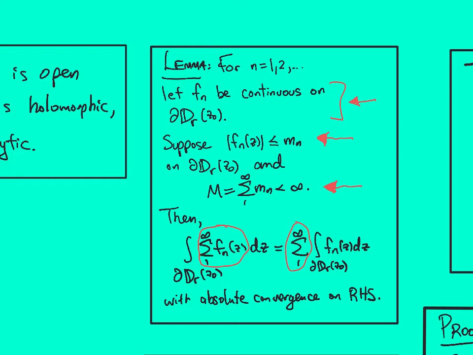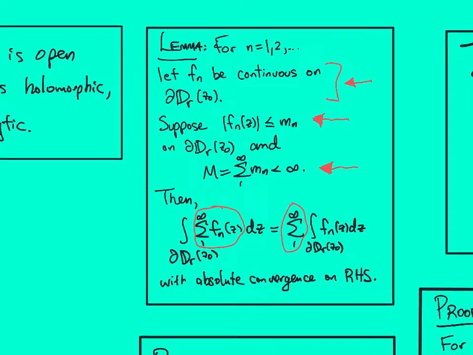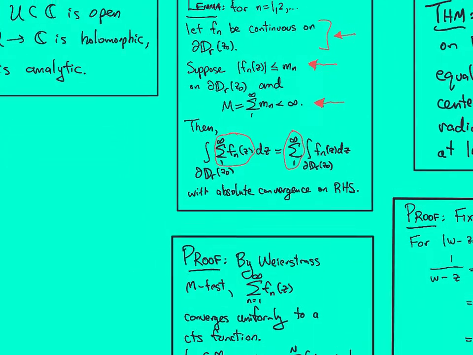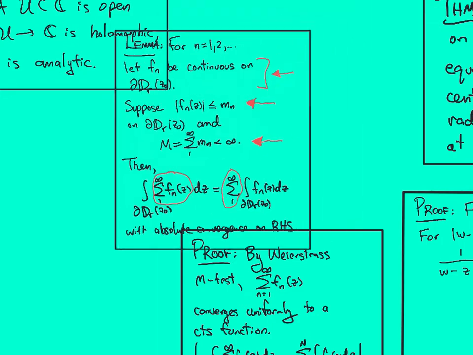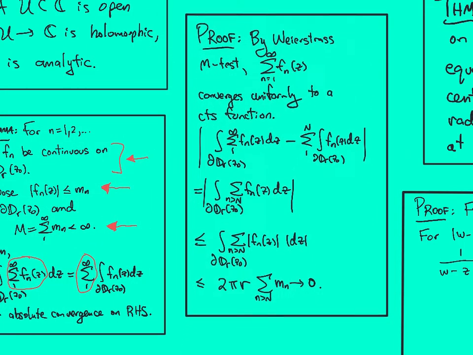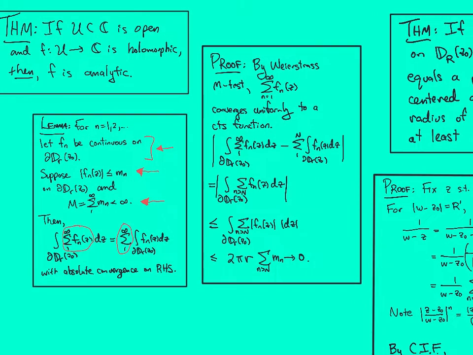And we're going to basically do this with power series to prove that holomorphic functions have power series representations using the Cauchy integral formula. So let's just quickly prove this lemma. It's very much based on the Weierstrass M-test, which is typically taught in real analysis. So by the Weierstrass M-test, this infinite sum of continuous functions converges uniformly to a continuous function, so that means the infinite sum makes sense and is a continuous function, so that's no issue.